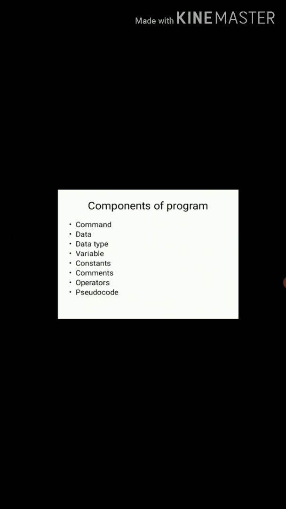Next topic is variable. Variable is the name of any memory location which is used to store the value. That value can be changed throughout the program. Means if we want to store any value in memory, then we have to create a variable, and the value can be assigned to a variable, then the variable is stored in memory. These are mainly three types, like numeric, character and string.